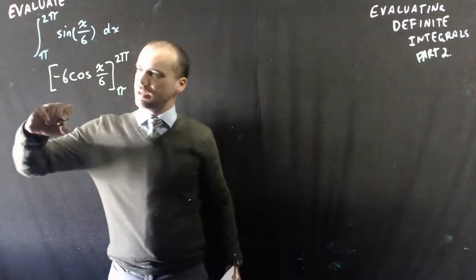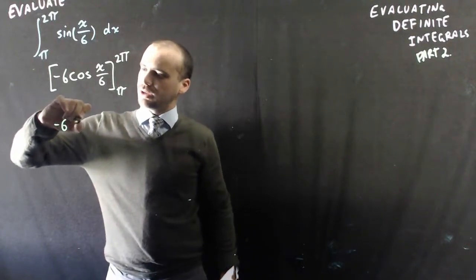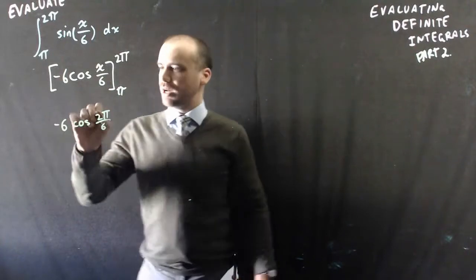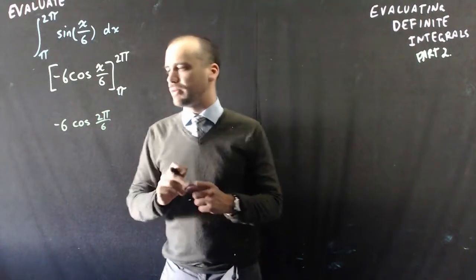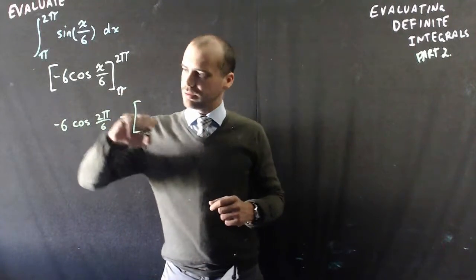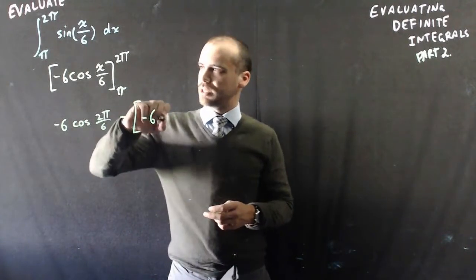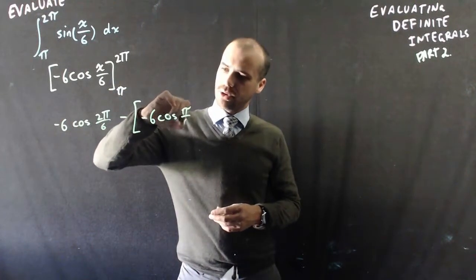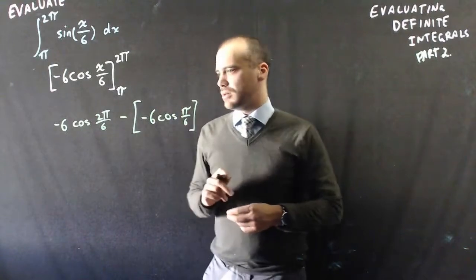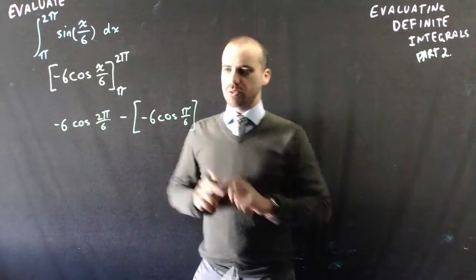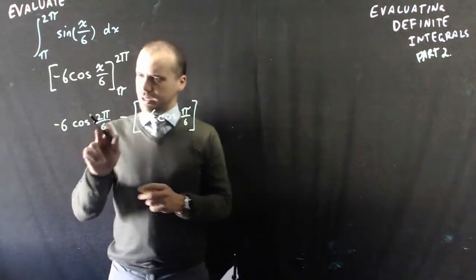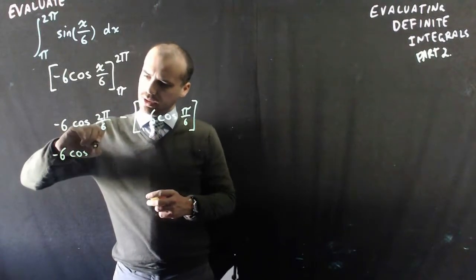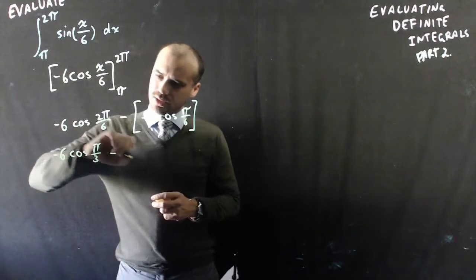Now, putting that into my formula, where I sub this in and then I subtract this. So it's going to be negative 6 cos 2 pi on 6. I don't really need those brackets there, so I'm just going to leave them out. And I subtract the rest of it, negative 6 cos, subbing this value in, pi on 6. Again, you need to be careful with your negatives, that's why I like to put those brackets in there. Okay, 2 pi on 6 is the same as pi on 3, so I'm just going to write that. Negative 6 cos pi on 3 minus